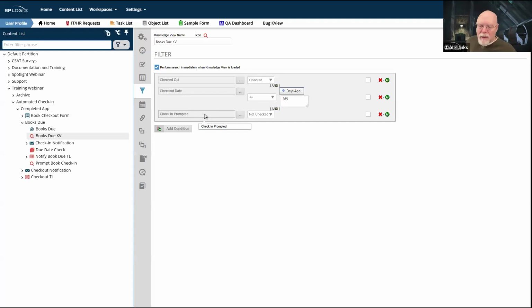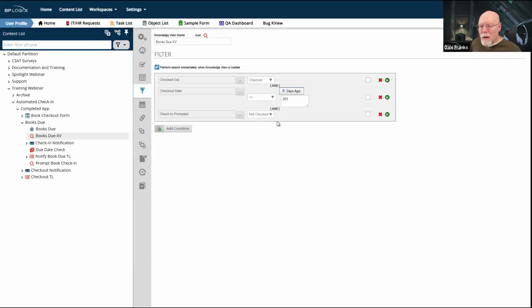And if I set it to check-in prompted equals not checked, I might run it today and it would return 2 books. Or maybe it would return no books. The thing is, if the 3 books that I did yesterday have not yet been checked in, those books are still outstanding. They're still due.